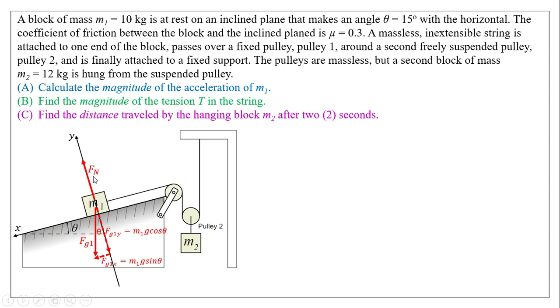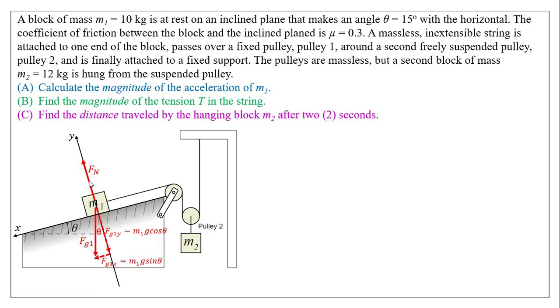But keep in mind that F of n for this particular problem, not all the time, but for this particular problem, the way it's drawn here, F of n has the same magnitude as F of G1y, because I see one vector pointing down along the y-axis and another vector pointing up along the y-axis. And because net force in the y direction is 0, it implies and suggests that